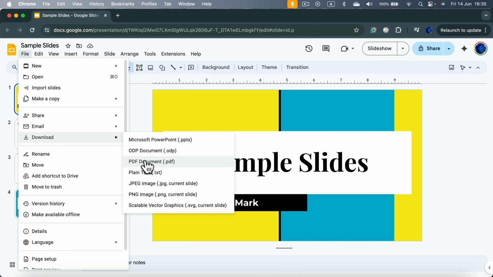In this case, each slide will be exported as a separate page of the PDF. All of the fonts will be exactly the same as in your design, but you will lose transitions and animations. So unfortunately, you cannot see your transitions and animations on your slides if you select PDF, but it's really easy to open by everybody. You can also export the currently selected slide as JPEG, PNG, or even SVG, the vector